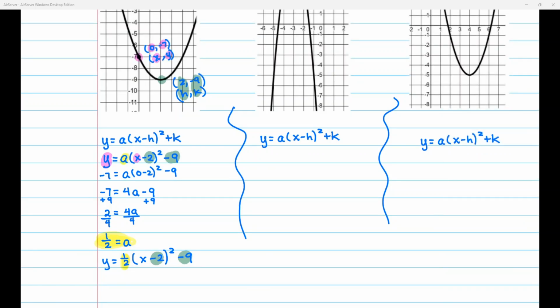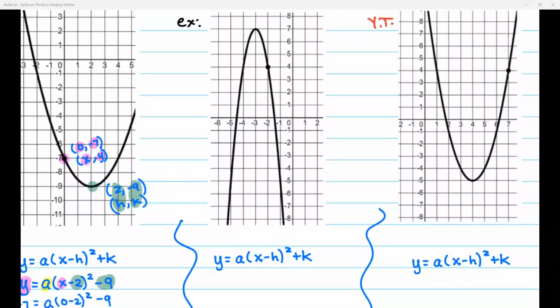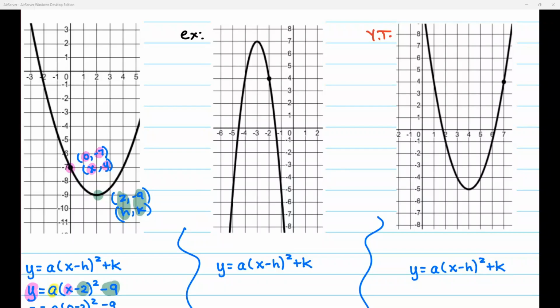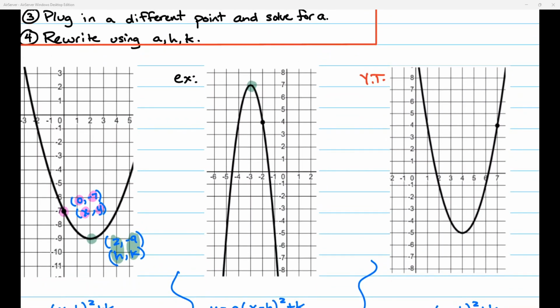All right, let's try the next one. Same concept. I already did the first step. I wrote down the formula. Second step is I'm going to use my vertex. My vertex is right here, and it looks like those are the coordinates negative 3 comma 7. Negative 3 comma 7 is going to be my h and my k. So I'm going to use those values in my formula